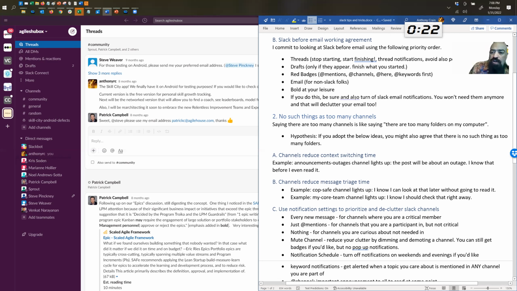If you do this, you're also going to want to turn off email notifications. Otherwise, when you go to your email, you're going to see the same exact thing twice, and you're like, what a waste of my time. And this will declutter your email. You'll have less Slack repeated stuff and more customer external stuff only. And how nice will that be?